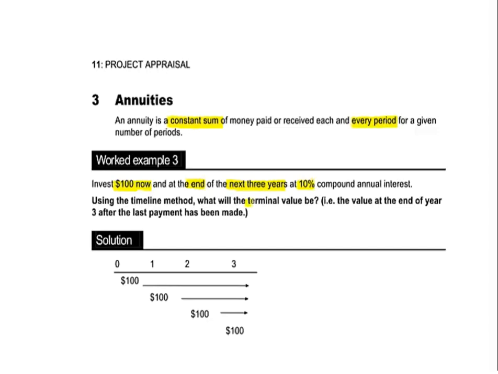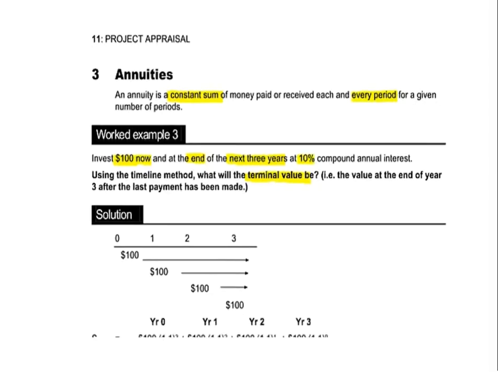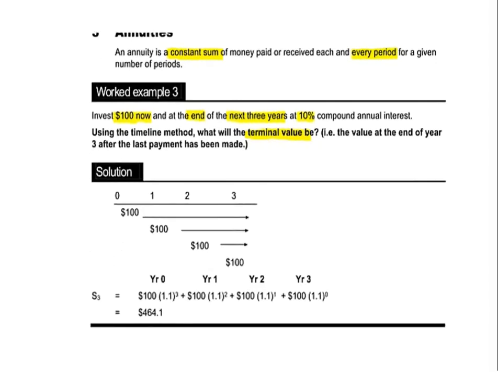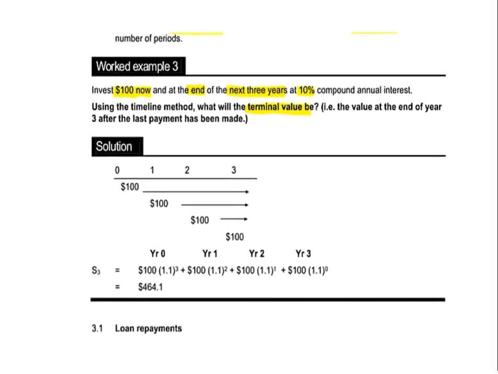And we need to work out how much this investment is going to be worth at the end of the 3rd year, so after the last payment has been made. So it's going to be worth at least $400, but it's also going to be the value of the interest. And that's what we need to calculate. And we're going to use the timeline method here because we're going to prepare a timeline to show visually what